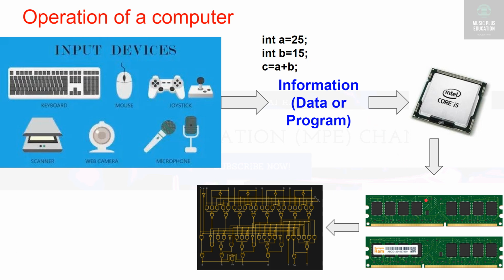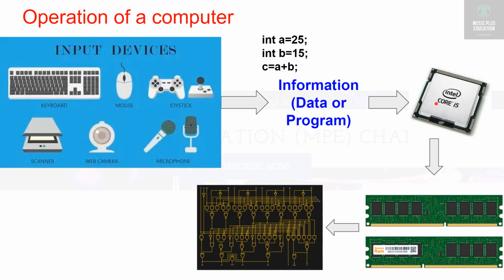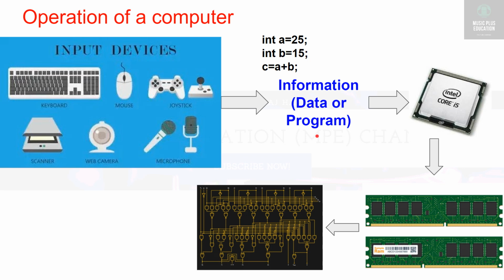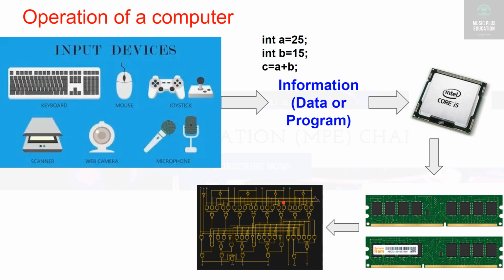And also if the processor wants to write some data, write means store, read means fetch the data from the memory, write means store the data into the memory. So the processor has to take permission from the control unit. The control unit controls the entire operation of the computer. Once everything is done, the ALU performs the operation, and the final result will be sent to the output world.